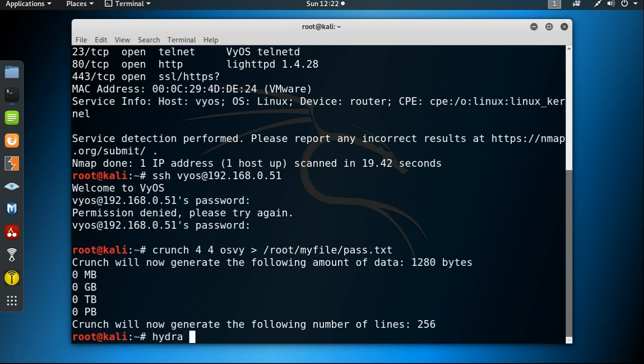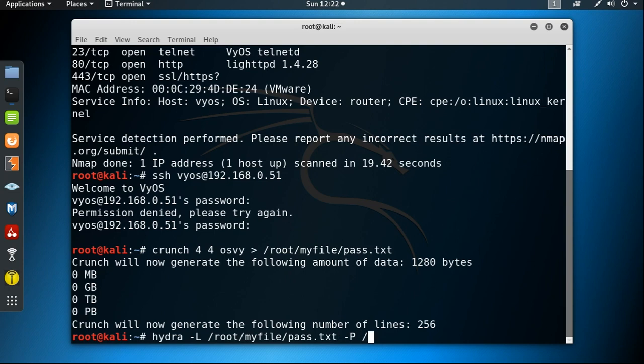Hydra, then you can use capital L to provide the username. So I'm using the same dictionary for username and password. It's under root, then my file, then pass.txt, then dash capital P to provide the dictionary.